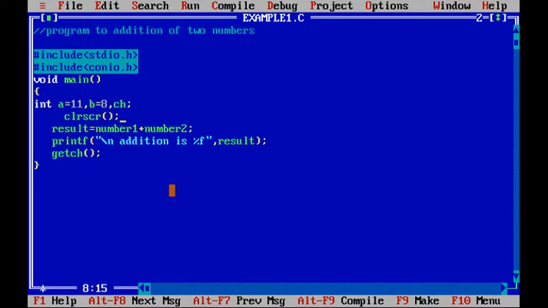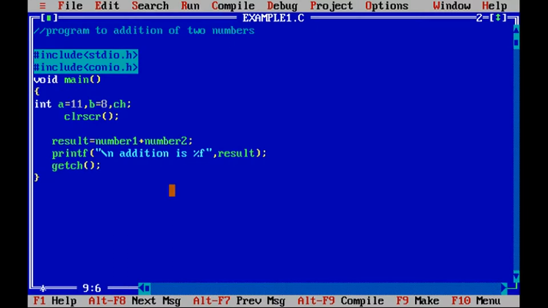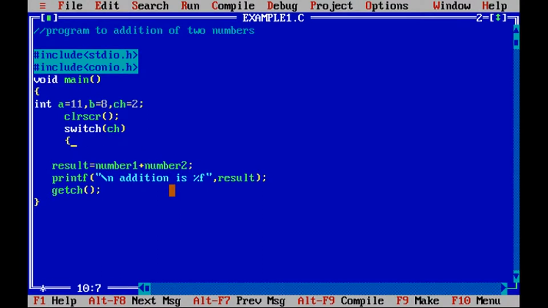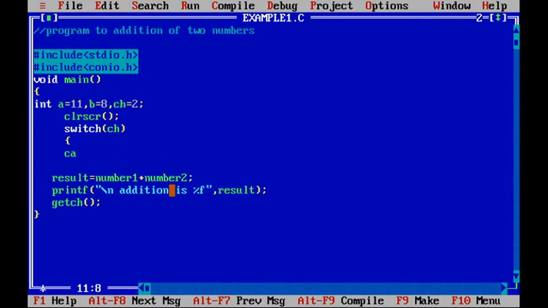Now I will proceed to define the switch. In the switch I will mention ch, which is of integer type. So ch has an integer value, which can be accepted from the user. Let's say here ch equal to 2. So let's start the switch. The switch is started over here. Case 1, case space 1 colon, printf